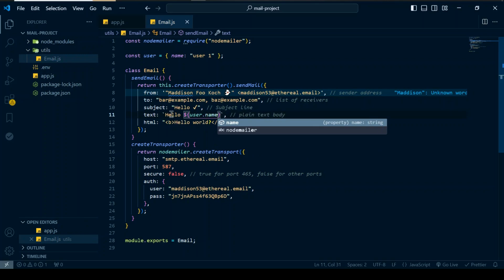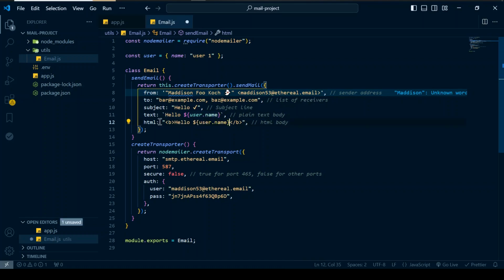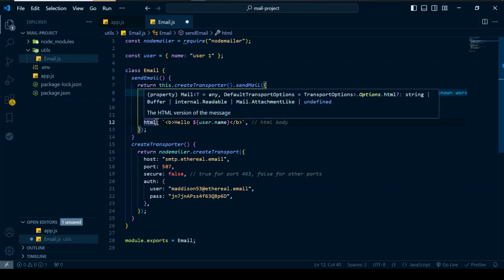So like this, and also we can do it in HTML. This is the way we can integrate the data into our text and our HTML, right?